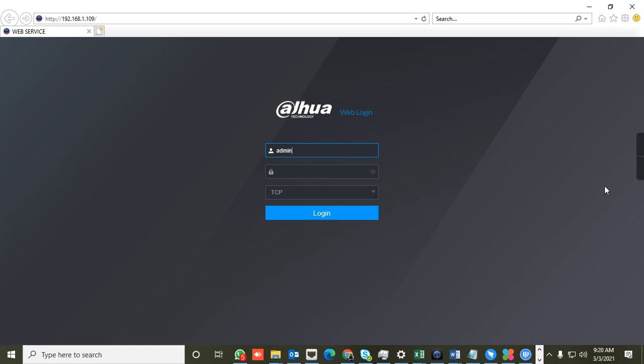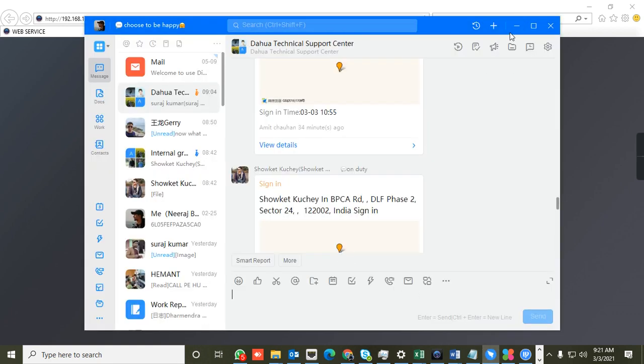My name is Neeraj, and today we will learn how to add a new IP camera to the NVR 4.0. So, first of all, you have to connect the IP camera to the PoE switch. If your camera is PoE, you can connect it to the PoE switch where the NVR is connected. When you connect the IP camera and NVR to the same switch, you will see